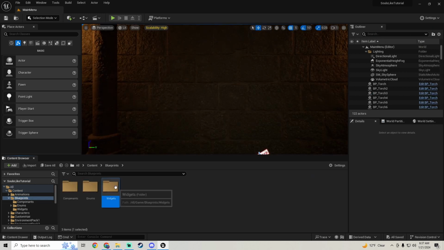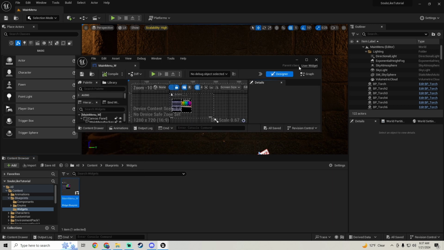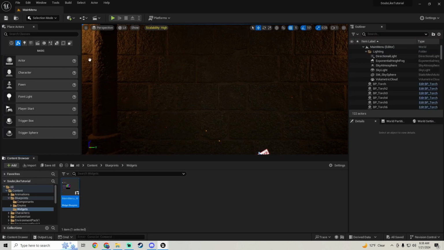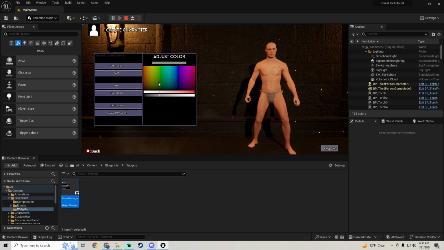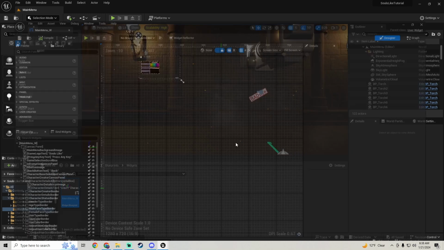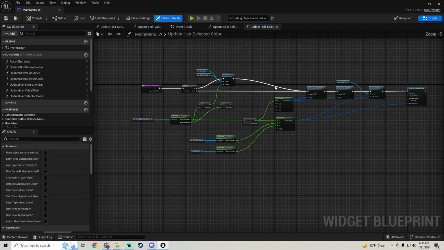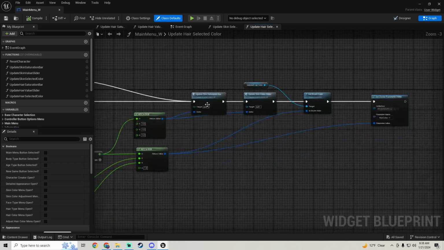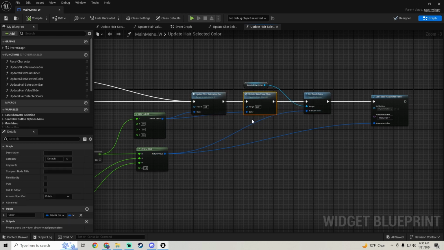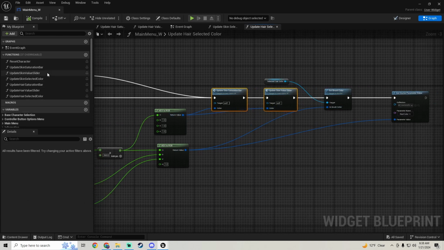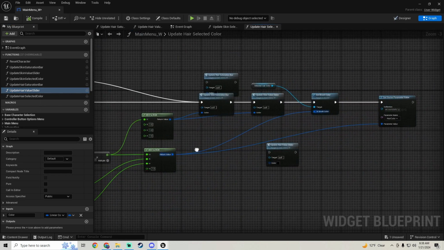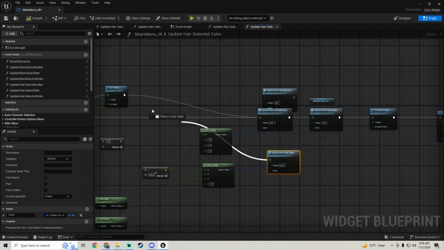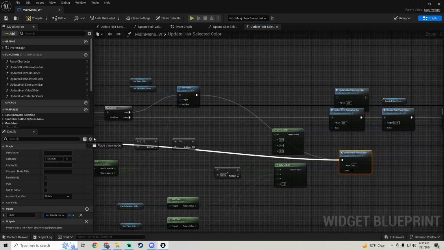We're gonna go to blueprints, widgets, main menu widget. And the first thing we're gonna do is fix some stuff from yesterday, because our value slider isn't updating. We forgot to do some things. Let's go into the graph, and right here on update selected hair color, we still have our update skin saturation stuff function. We want to update these. We're gonna grab our update hair saturation bar and update hair value slider. Yeah, like that. I'm just gonna plug this into here and plug it into here,